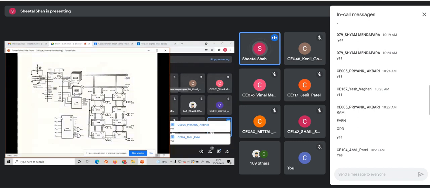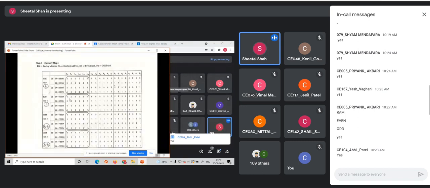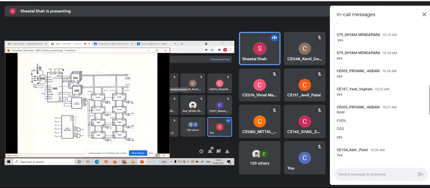For set 2, if you observe this memory map, when this is 1, 0, 0, 0, 0, 1, that means when the A14 line is 1, whereas the rest are all zeros, then output y1 dash would be 0, whereas the other outputs would be 1. Do you agree to this, all of you?